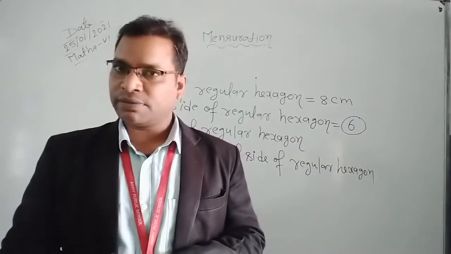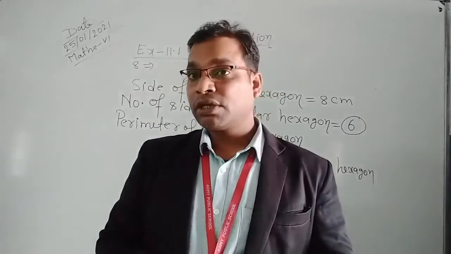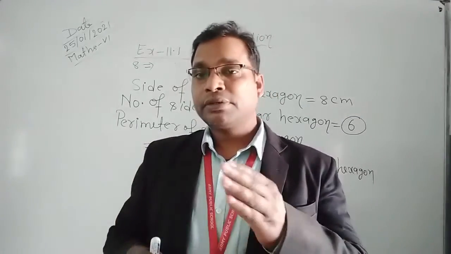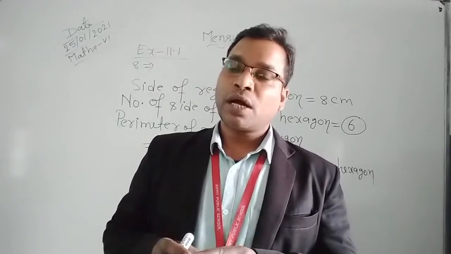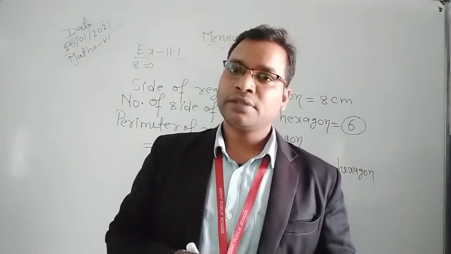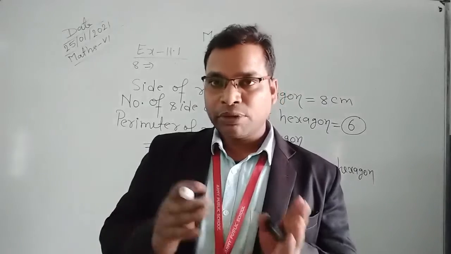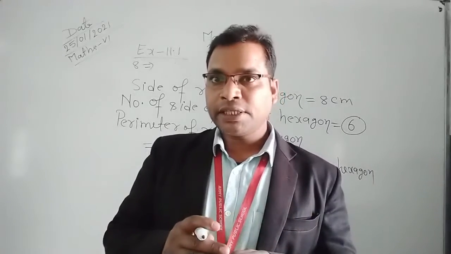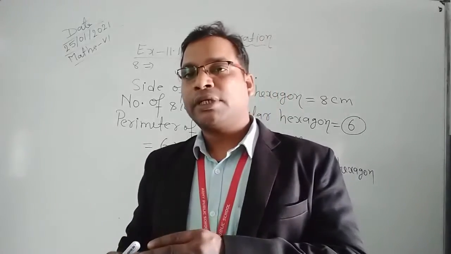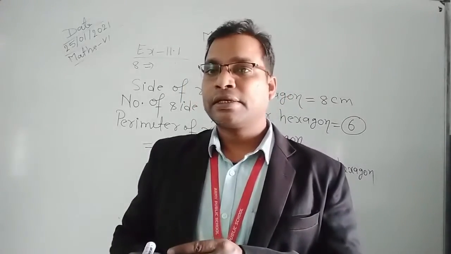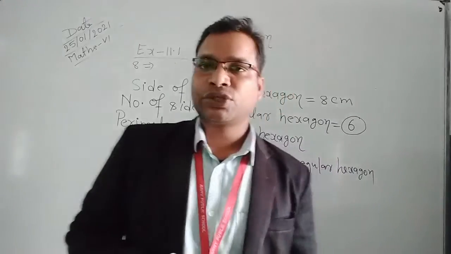So your 2 sides are given, 12 centimeter and 14 centimeter, and the perimeter is also given. Perimeter is equal to the sum of 3 sides of the triangle, but 2 sides are given. So how do you find the third side of this triangle? For this, first you sum the given two sides. After this, to find the length of the third side, we subtract the sum of the two sides from the perimeter of the triangle. So let's see how to solve this question.